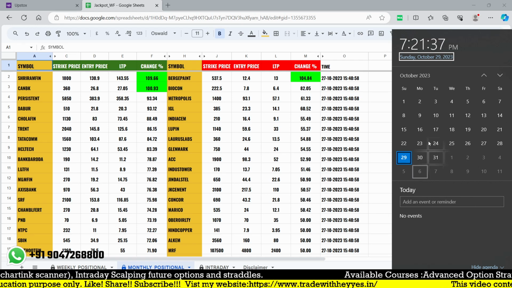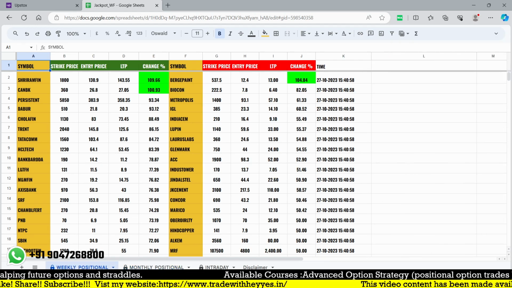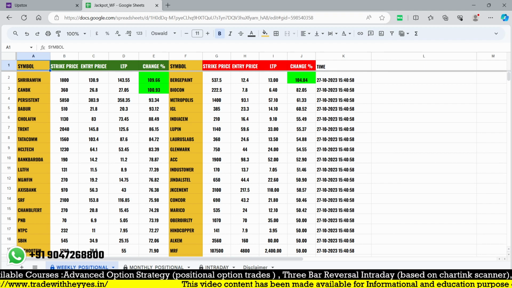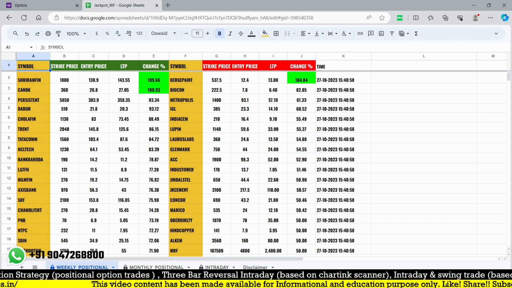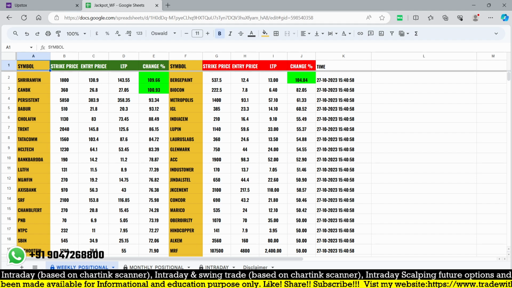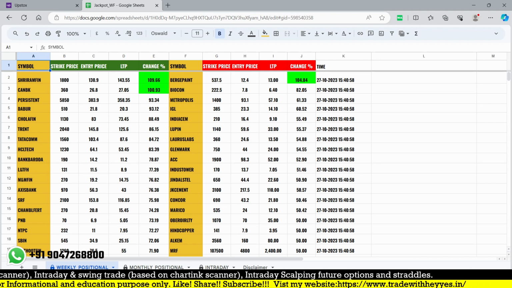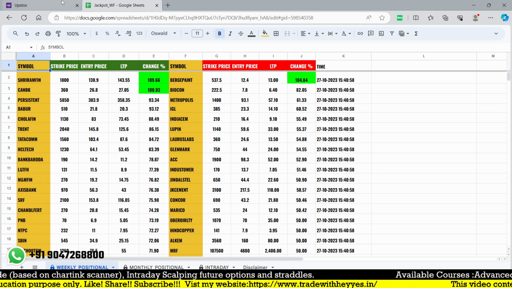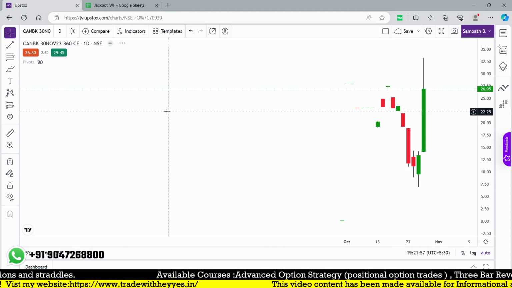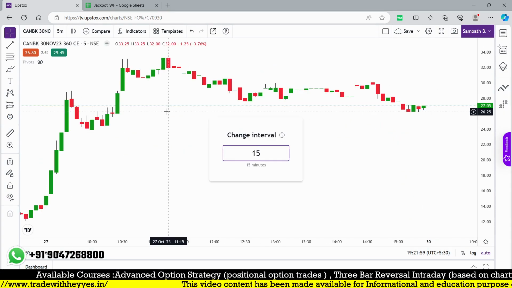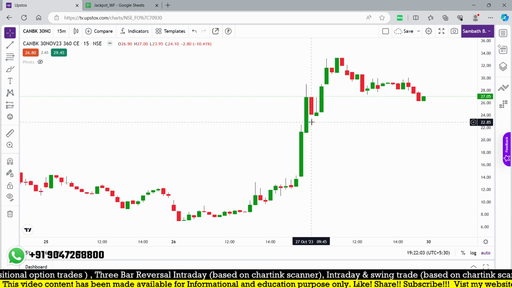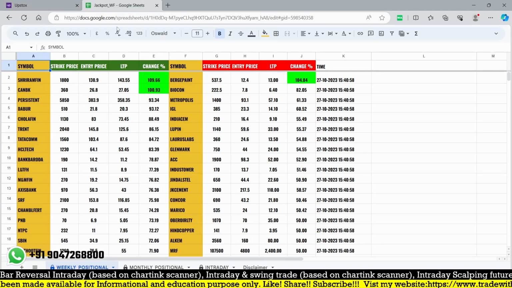Okay, and weekly positional also we are updating for that particular one week. So one day, not a week. Last week after expiry only 1 day is left. So we find that even some stocks like Canara Bank and Shriram Finance gave you the breakout. I think Canara Bank 360, but this is not a fresh breakout. The 360 call option moved very big, but it gave you the breakout before the first 15 minutes candle. Maybe after that high if you are looking, but our entry point is around